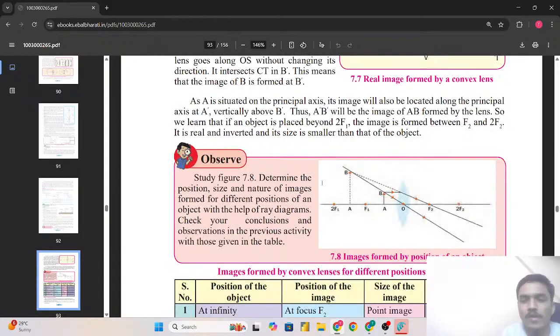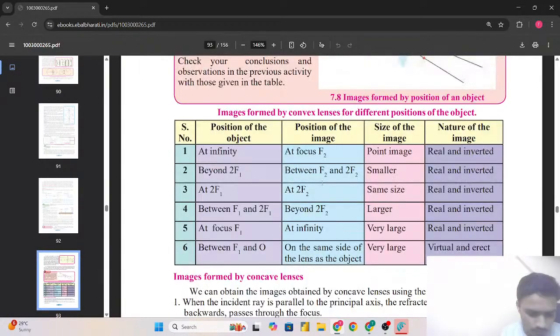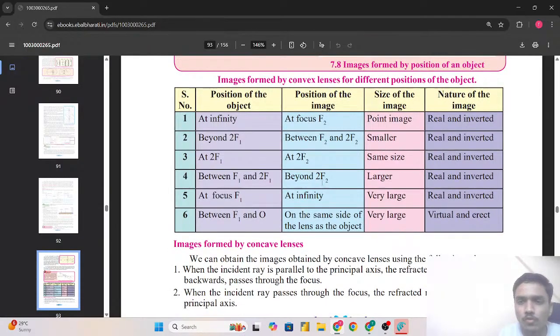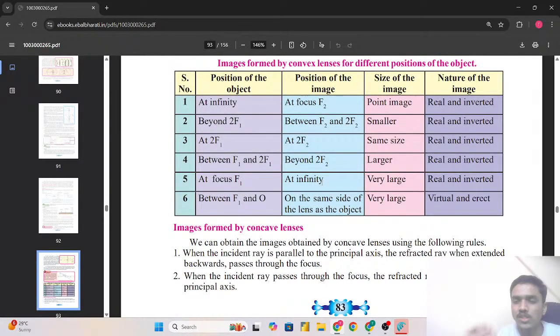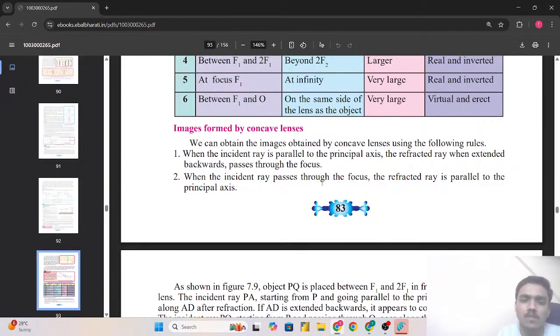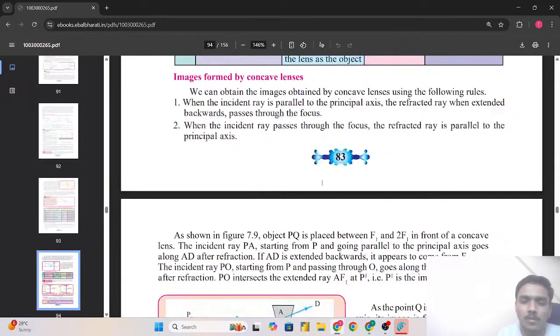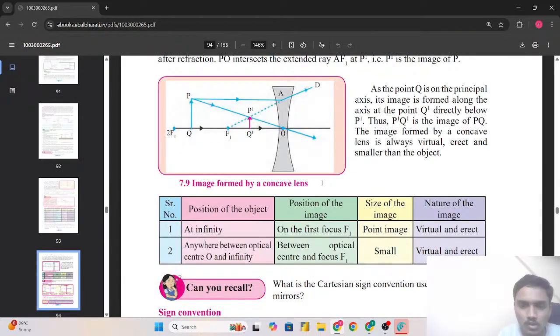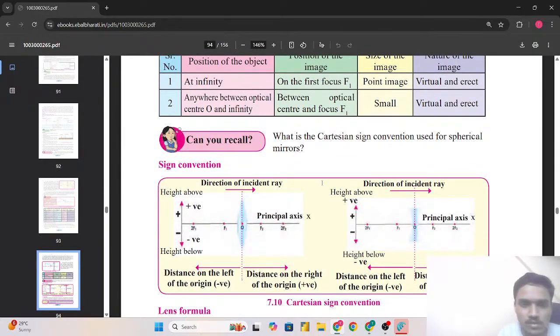So we have also seen the ray diagrams by placing the object at various different positions: at infinity, beyond 2f1, 2f1, between f1 and f2, f2 and all. We have also seen the nature of the image obtained and also the size of the image obtained. Then we have seen the uses of the image obtained by the concave lenses and all, above convex lenses which we have used. Then